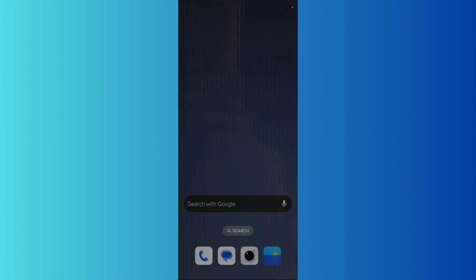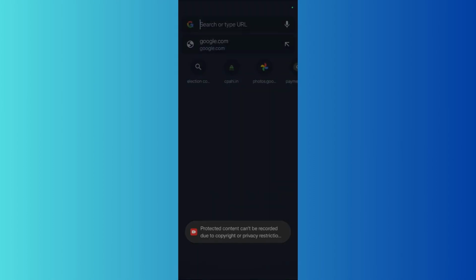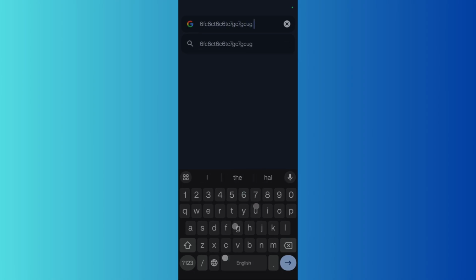Welcome to this tutorial. In this tutorial, I'm going to show you how you can enable your keyboard sound whenever you type something. So basically, enabling the typing sound whenever you type something from your keyboard into your mobile device. So for example, if I type anything right now, you won't be hearing anything because the audio is